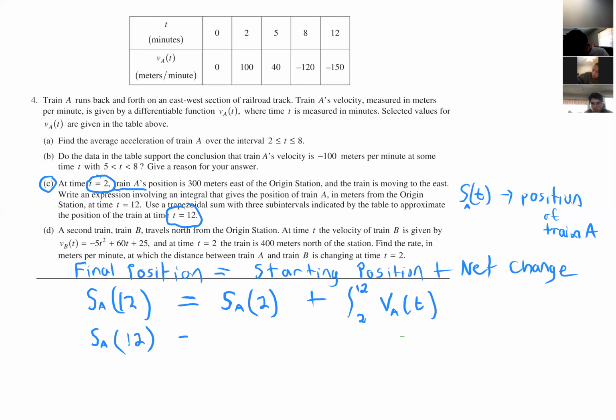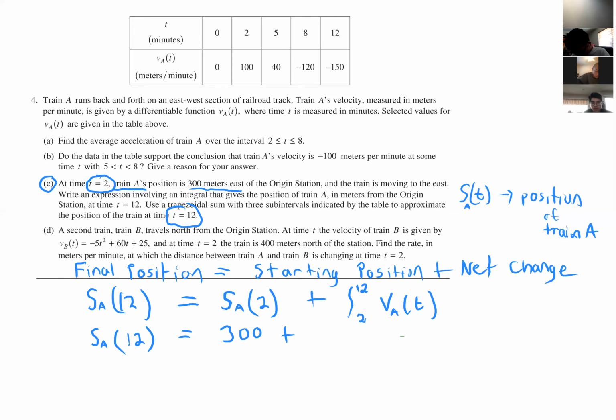So it's going to equal the starting position. It says we're starting out 300 meters east of the origin. Oh, I see what they're doing. Origin, that's a mathematical word. Okay, so east of the origin. So 300 is the starting position. Plus,